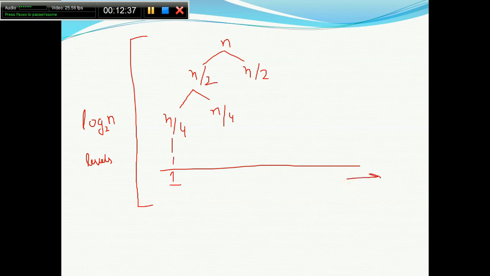The cost would be merging. Merging two sorted arrays, with n by 2 and n by 2 elements, needs order of n time. It is just the number of elements we have that gives the time complexity.